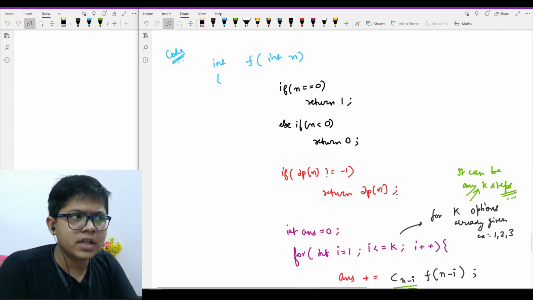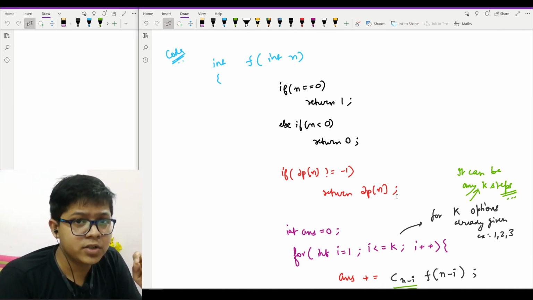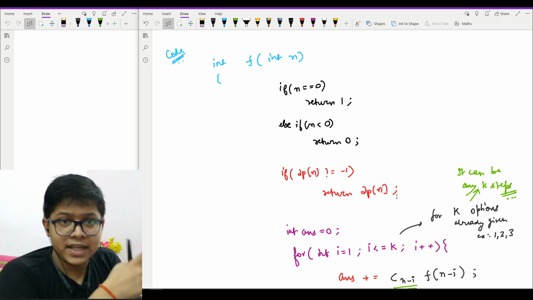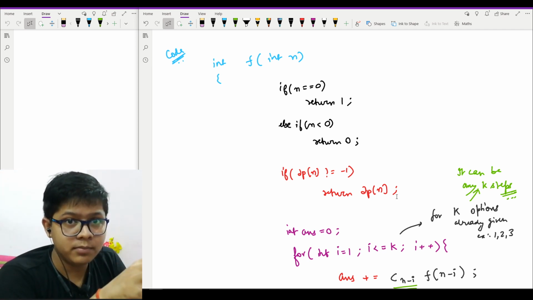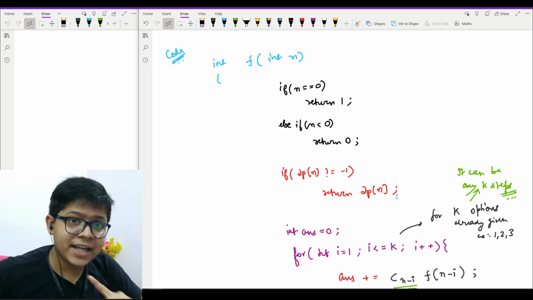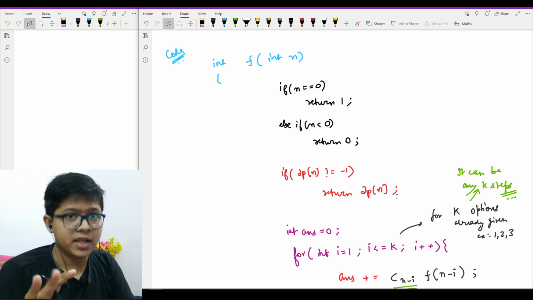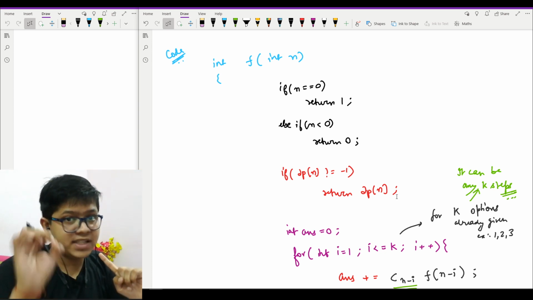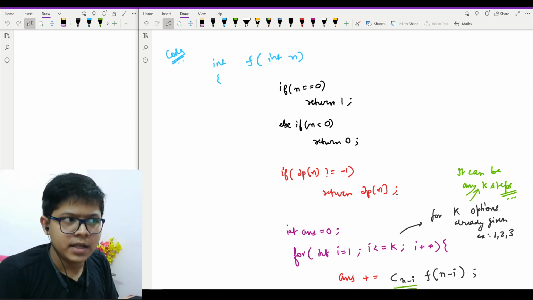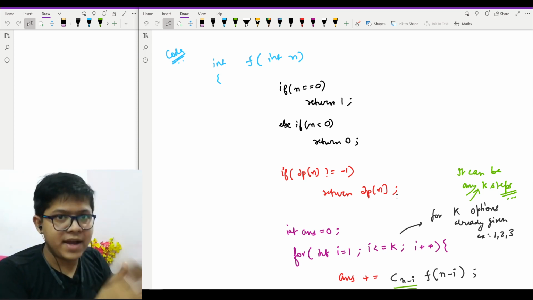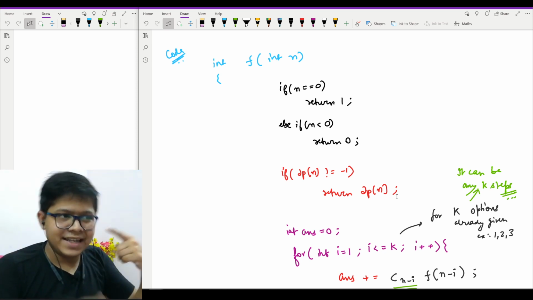Let's watch the code. But I will highly recommend that if at any point you don't understand it, then I'm again saying it is not easy to understand in one go, especially the window sliding one. If you don't know window sliding, then I am pretty sure that you might have a problem, because window sliding is a separate topic, but I merged it in here. Please watch a window sliding video first, and I will make window sliding a separate topic with good problems in further videos. Although I explained window sliding in a proper manner, it is much deeper than that. But I hope that you guys have understood it. Let's see the code for now.